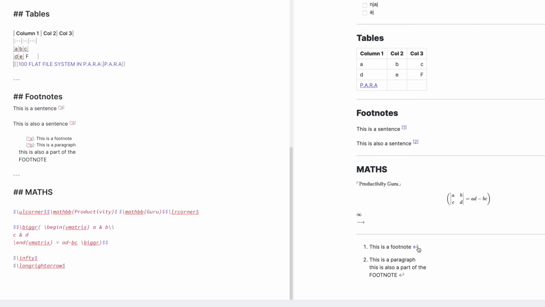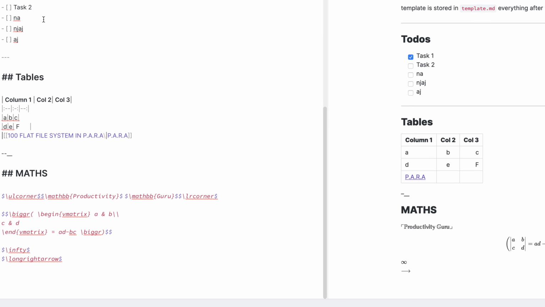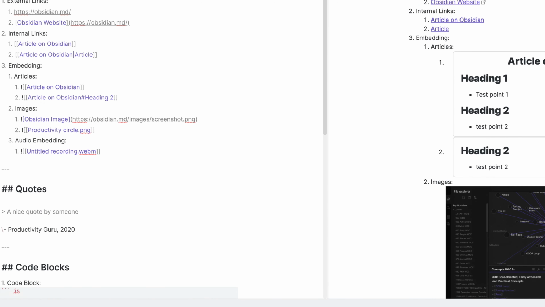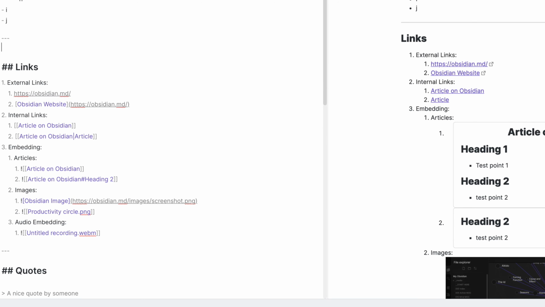And now you can see footnote is here. If I click it here, it won't do anything because the page is right here only. But what if we take the footnotes ahead? So let's make the footnote jump. Let's grab footnotes, Command X. Let's put footnote in, where do we put footnotes? Let's put that after, just before links.